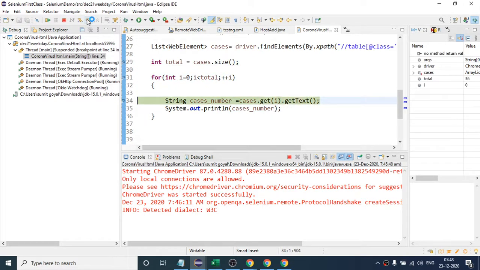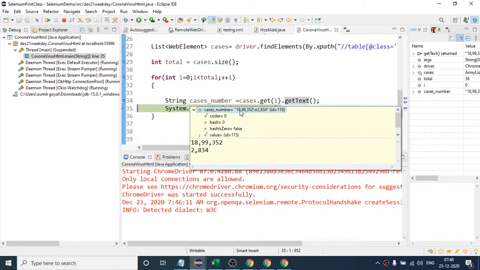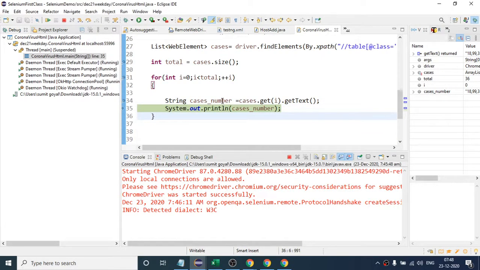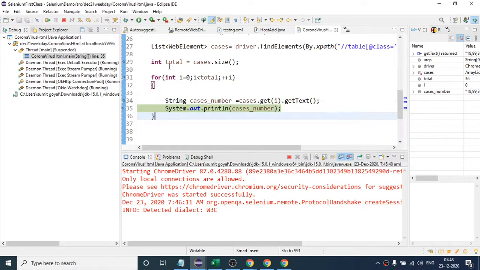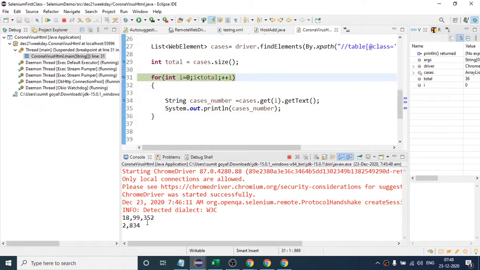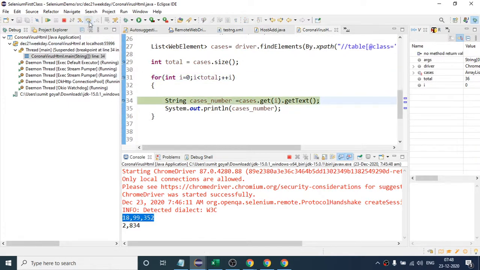So if you see, for the first time, how it will give me the text. It is giving me like this. First number 1899352, after that slash n. So this slash n basically changes the line. As of now slash n is present, but once I print that, automatically the line will change. So this is the reason you are getting numbers like this. And after that it is giving me the second number, and if I execute this with the help of slash n, both the numbers you will see on different lines, because after this number slash n is present, so it has changed the line.